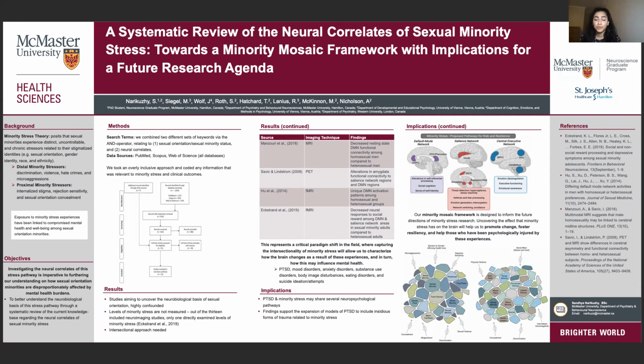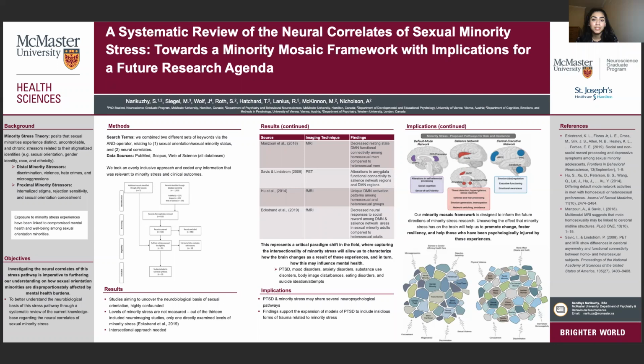There are two types of stressors: distal minority stressors, which include things like discrimination, violence, hate crimes, and microaggressions, or everyday indignities. And the second being proximal minority stressors, which include things like internalized homonegativity, internalized stigma, rejection sensitivity, and sexual orientation concealment. It is known that increased exposure to these minority stressors can often contribute to compromised mental health outcomes